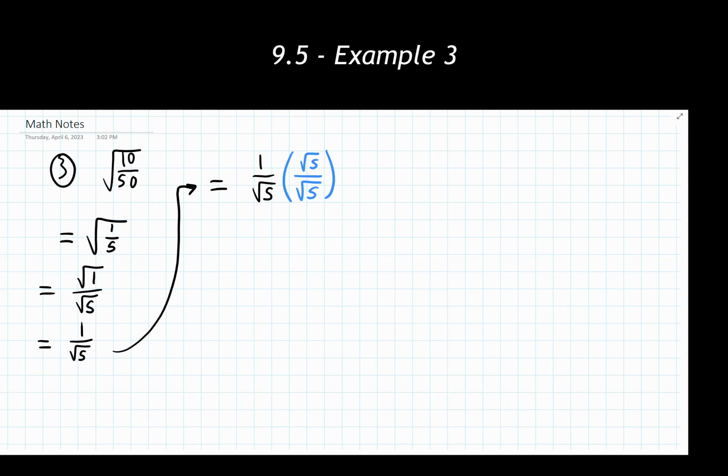Or the same thing as what was already there. Now, to make sure I have an equivalent fraction, the numerator also needs to be multiplied by the exact same thing. So when I multiply straight across, I'm getting the square root of 5 in the numerator spot, and in the denominator, I get the square root of 25. Now the square root of 25, we know that's going to just be 5.